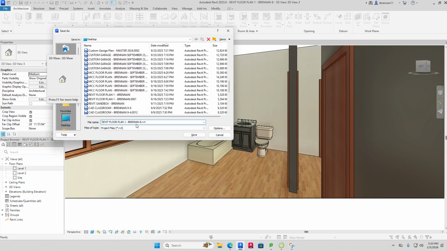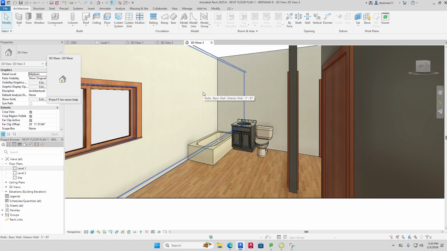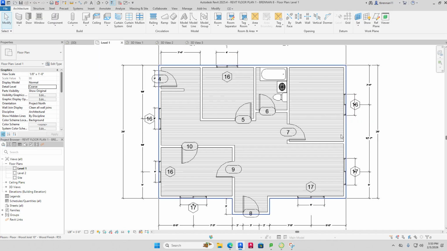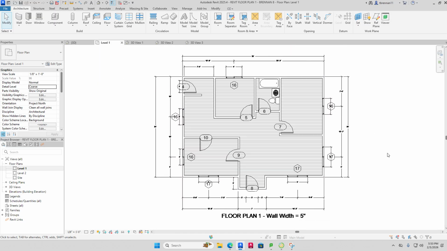Okay, so you want to make sure that's saved. Now that we have that, let's all go back to level 1. Take a look at this right now. You have this whole thing put together. And what we're going to do right now is put on a roof. When we put this roof on, we're going to set it up as a